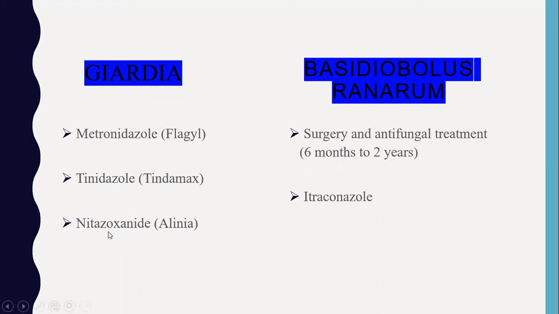Then we have nitazoxanide, which is in a liquid form. That's why children prefer this one, because it's easier to swallow. Finally, we have Basidiobolomycosis, which is a combination of surgery and antifungal treatment, which has